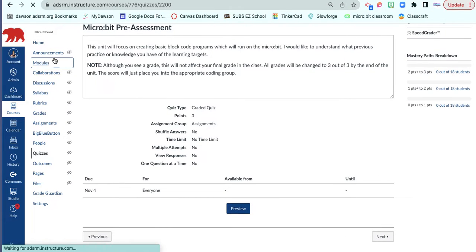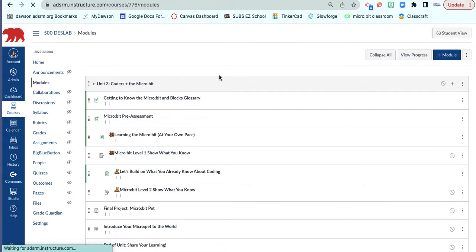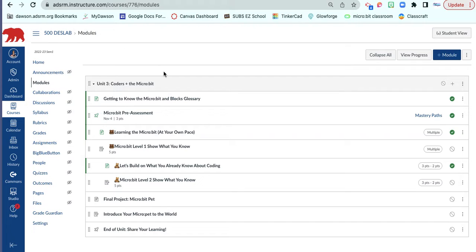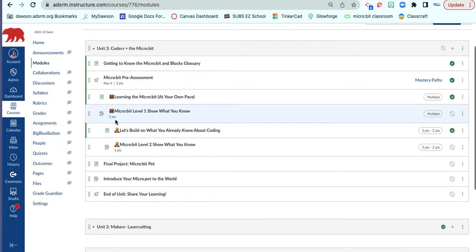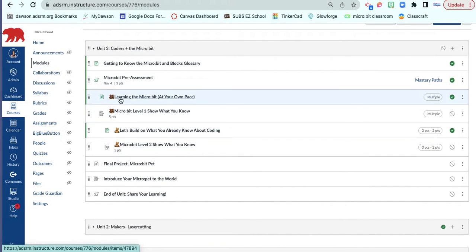Let's see, if I go to the module page, I am actually building this in my 5th grade design lab course, so here's how I set up my module. And then their final project, they're all going to be doing a microbit pet where, since we're also a fabrication class, they have to create a 3D model of their pet and then attach the microbit coding robot into the face and then have it